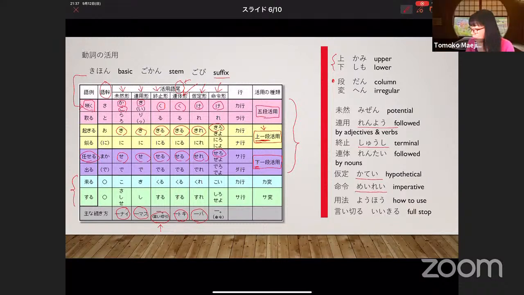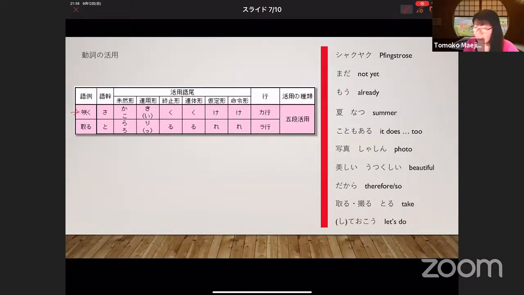And how do you pronounce it in Japanese? It's meirei. Meireke. Yes, as you guessed, it's imperative. So saku means to bloom. Okay, so let's practice